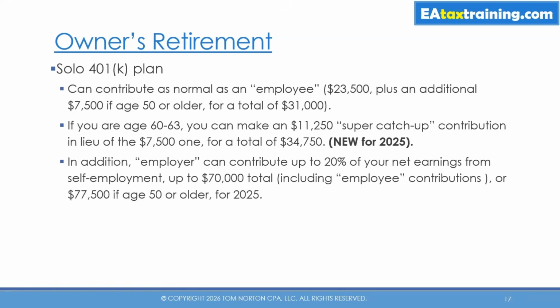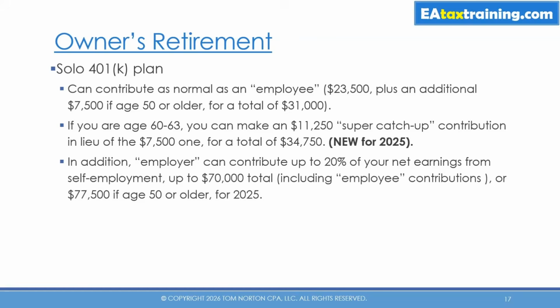If you don't have any employees other than you and your spouse, then you can also set up a solo 401k plan. Again, you can contribute as an employee the same amounts: the $23,500, the $31,000 if you're 50 or older, the $34,750 if you are age 60 to 63. And then you can also, as the employer, contribute up to 20% of your net earnings from self-employment, up to $70,000 total, or if you're age 50 or older, up to